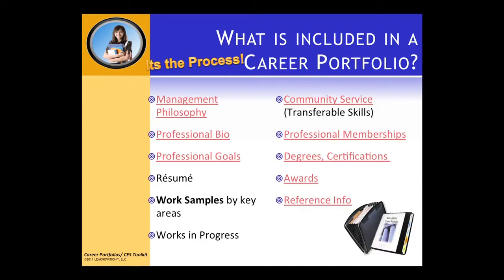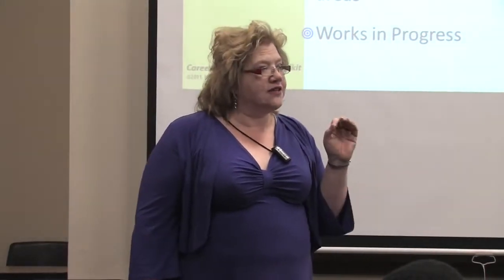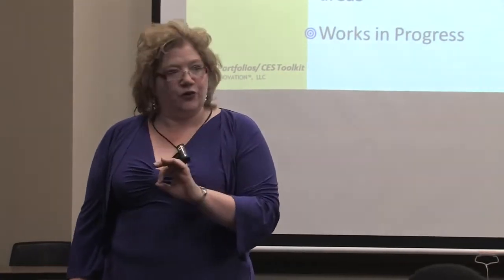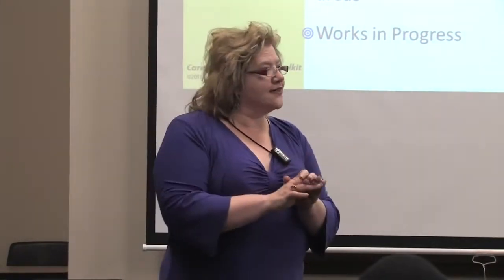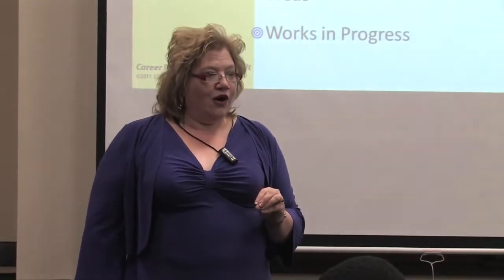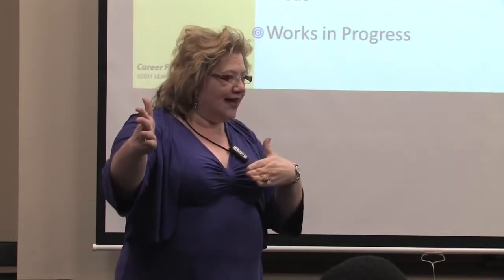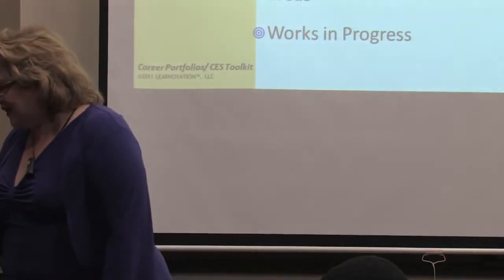Work samples by key areas, that's part of planning. And each and every one of you have on your templates that go with this book a career planning tool. As you gather all your work samples, you should be mapping out what skills and competencies this work sample shows. Or flip it around. I have looked at the ideal job descriptions for the jobs I want. What skills and competencies are they looking for so that I can go out and get work samples to show that I have the ability to do this?